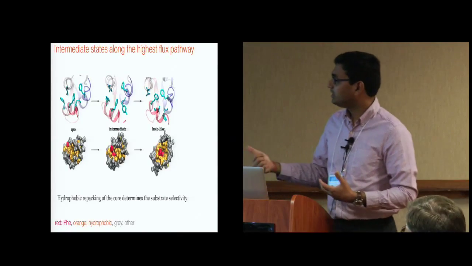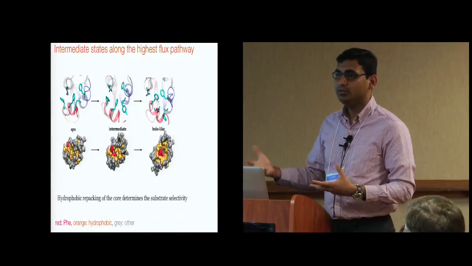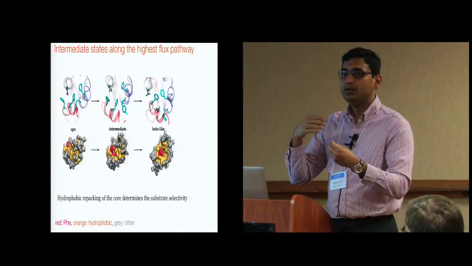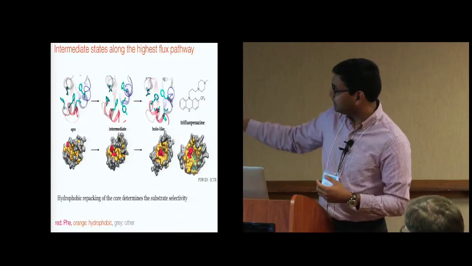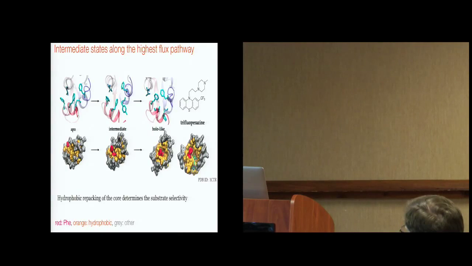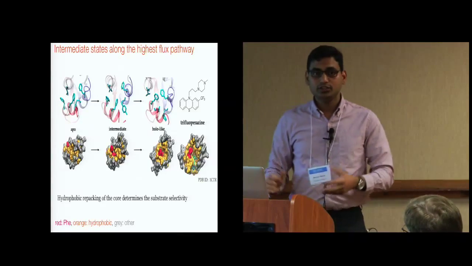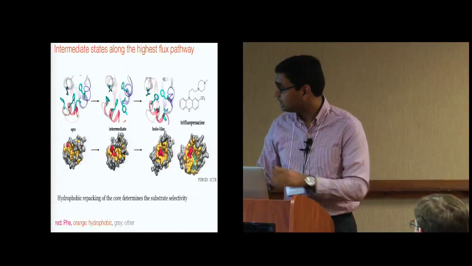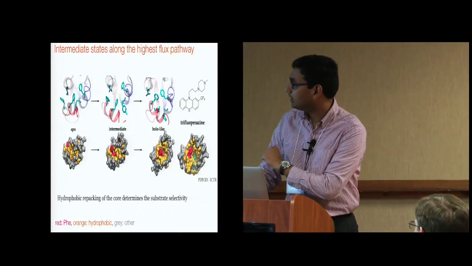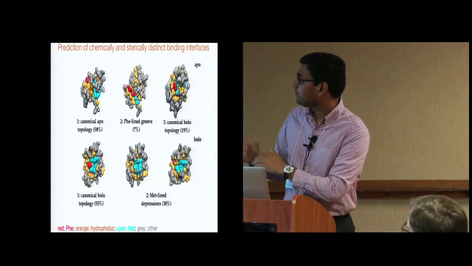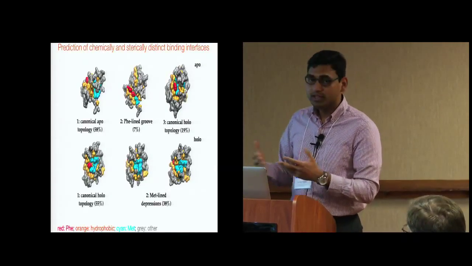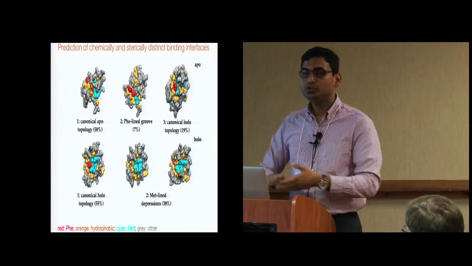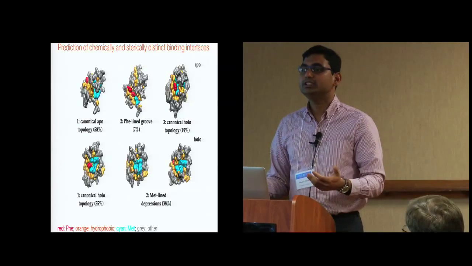Okay, and that's very interesting because these could be a target for new types of drugs where you're binding drugs on the hydrophobic interface and thereby stopping its interaction with a particular binding partner. And we were able to find these interfaces. And this one particular interface, the intermediate one that I'm showing, has also been crystallized in the presence of a drug molecule. So you're finding these new structures that have not been crystallized, and this has some potential for designing new drugs. Similarly, we find, as I said, a lot of different types of topology of the hydrophobic interface, which are chemically, aesthetically distinct.